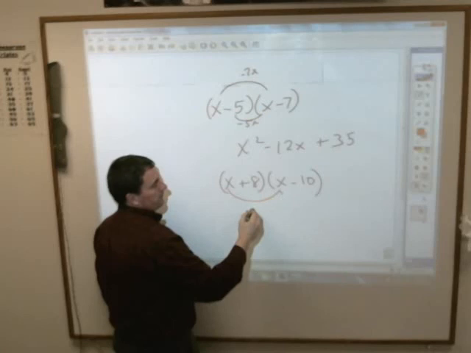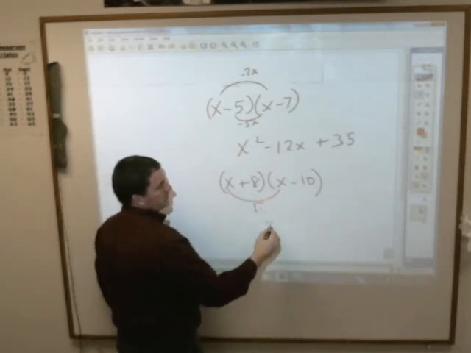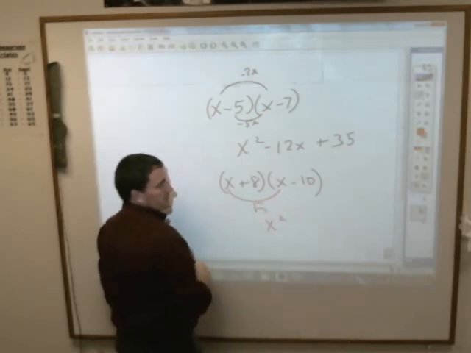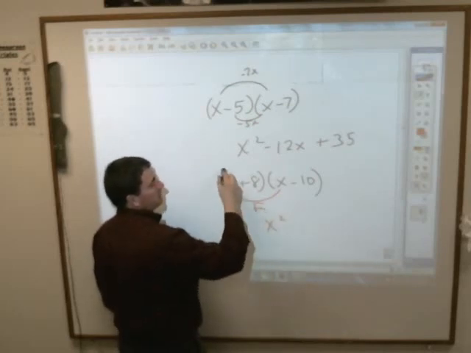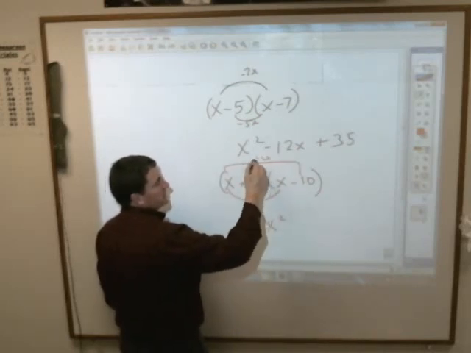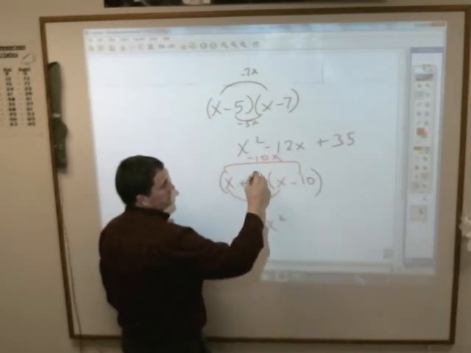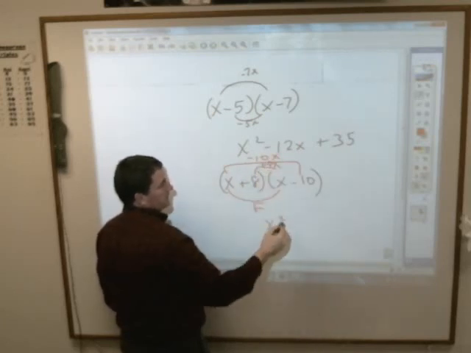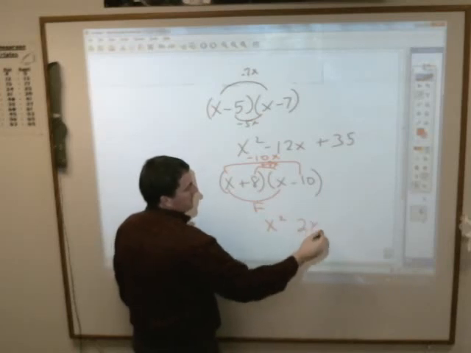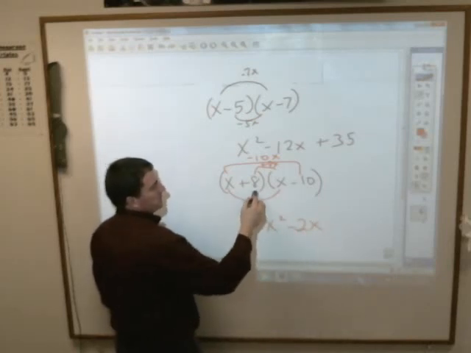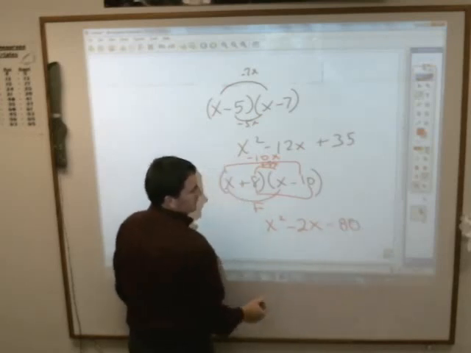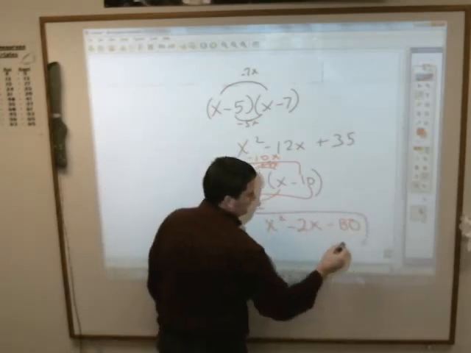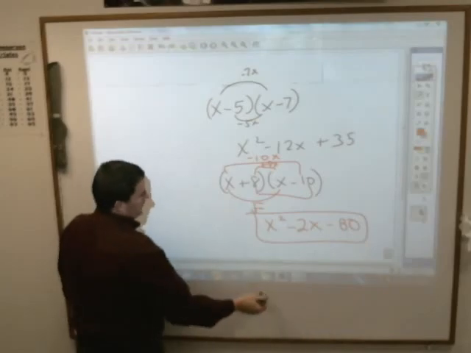Let's look at it. Break it down. First term in FOIL is x squared. If you want to do the outsides and the inners next, because that's the way it comes up, the outside term is negative 10x. The inside term is positive 8x. That gives you a negative 2x. And the last term is negative 10 times 8, which is negative 80. And you can always